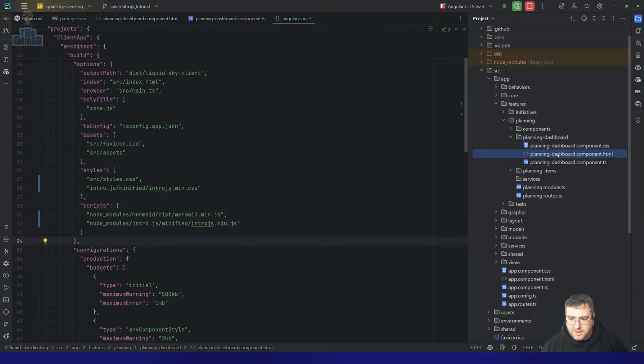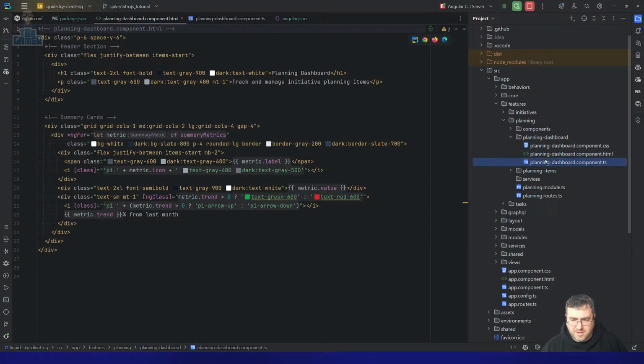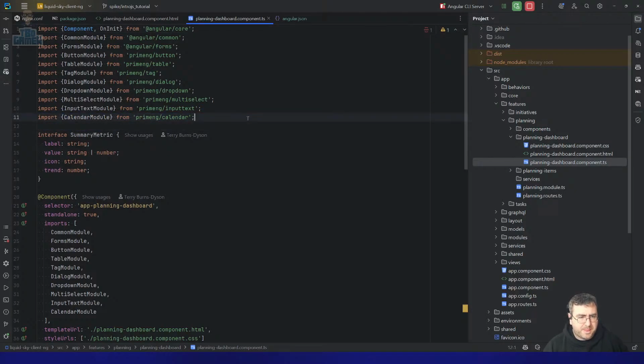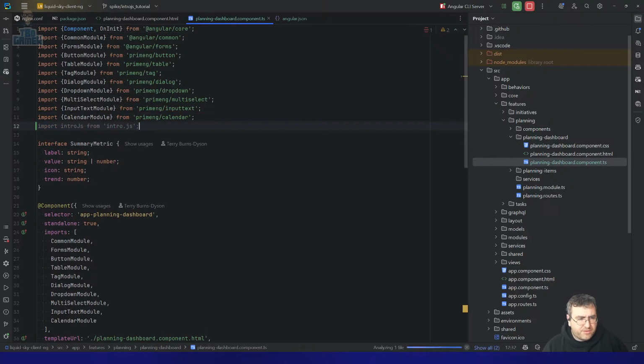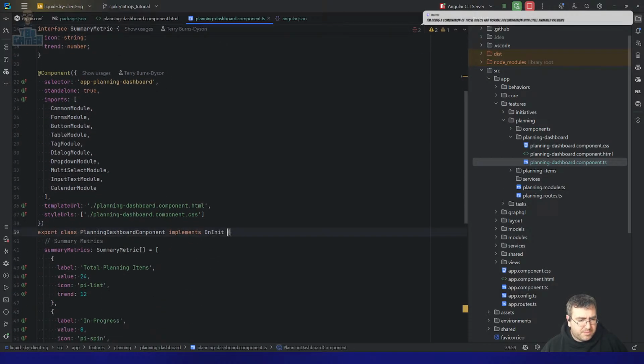So what Claude is recommending is I do intro.js. So import intro.js. I have to do this everywhere. Import intro.js from intro.js. Then implements OnInit,